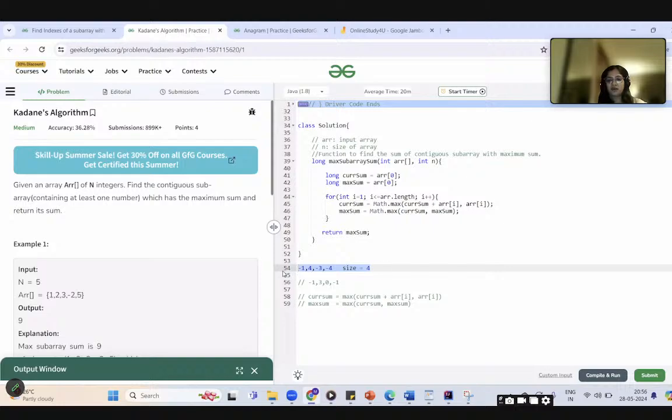So I hope I was able to cover a few basics of Java with you guys through these two basic questions that we covered today from the arrays and strings data structures. Let me know your feedback in the comment section so that we can take more doubts from you in the next session. I can't see any further comments, but do let me know if you have anything in your mind, and then we can wrap up today's session.